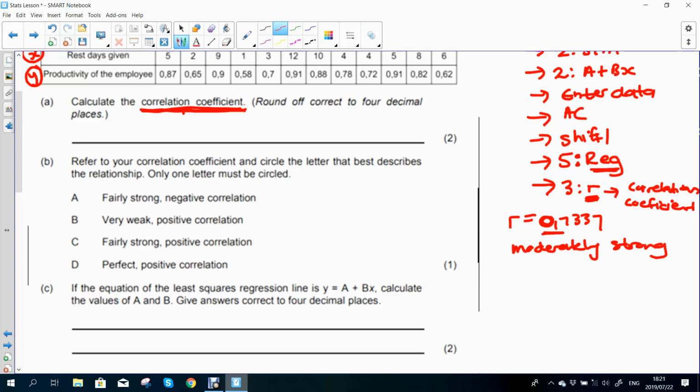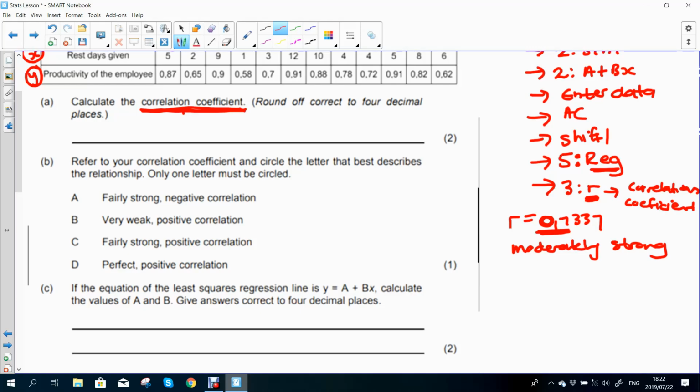But there is actually a cutoff, and I can't be sure now. I don't have those cutoffs with me, but you can find it in the textbook. The closer to 1 you are, the stronger the correlation coefficient is. So the closer to 0 you are, obviously the weaker it is. So if you are smaller than 0.5, it's definitely a weak relationship. If you are bigger than 0.5, it's definitely going to be a positive, strong relationship, but it will depend on where you are.